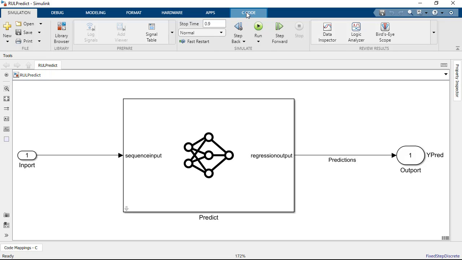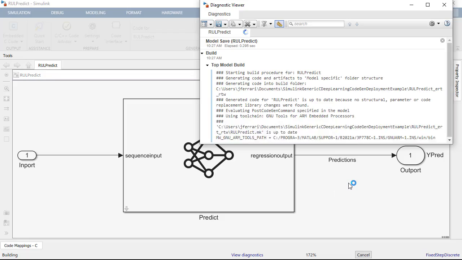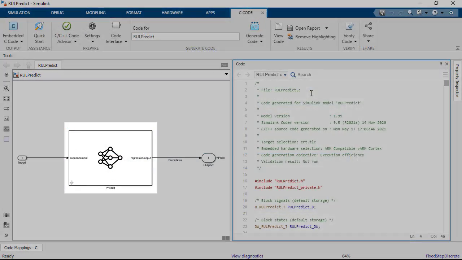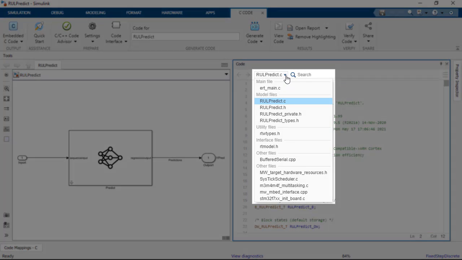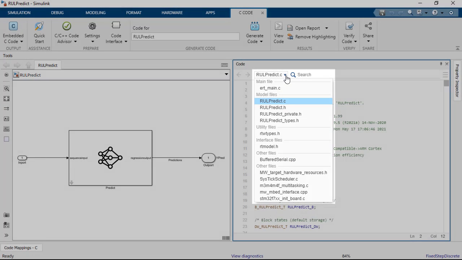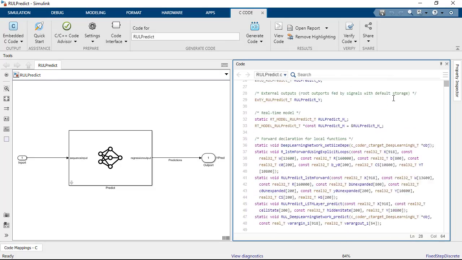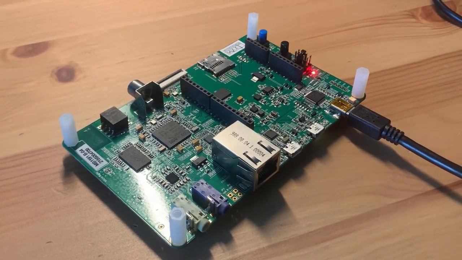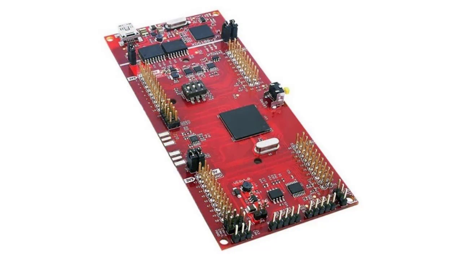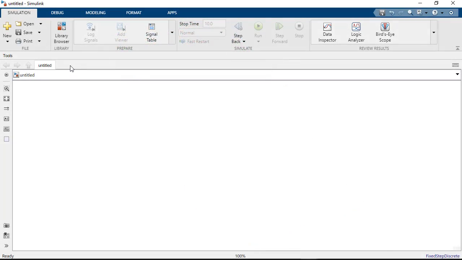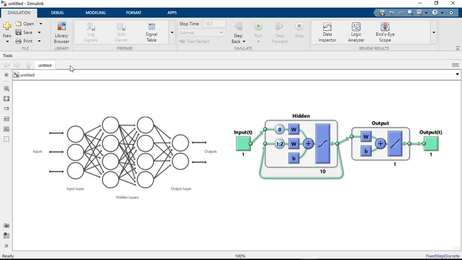As of R2021a, you can now use Simulink Coder and Embedded Coder to generate generic C and C++ code from Simulink models containing deep neural networks. The generic C and C++ code does not depend on third-party libraries and, as a result, can be deployed to any embedded processor that compiles C and C++ code, including ARM Cortex-M series processors, DSPs, and microcontrollers from a range of device vendors. Generic C and C++ code can be generated for both convolutional and recurrent deep learning neural networks